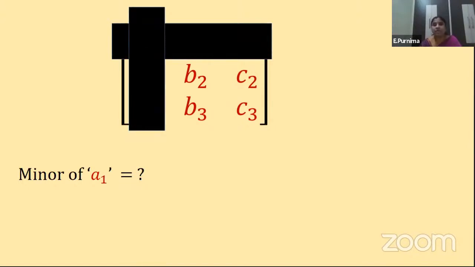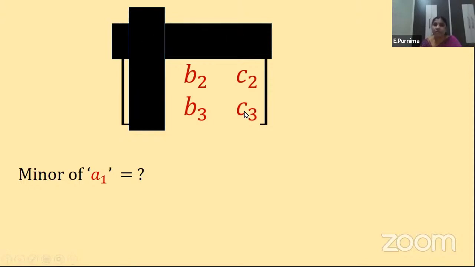Clear, children? So here, one point I want to tell you, just to make your understanding clear: I am covering this one totally, but when you are writing in your notebook, you need not cut off those. Understood? You can just put your finger on that row and that column so that it will be eliminated. Elimination means you need not remove it from the matrix, children. You only have to take it out of your vision. Understood? You need not consider those values while you are finding the minor. It doesn't mean that you totally have to cut those elements. Understood? So now here the row and the column, I am just covering here, children.